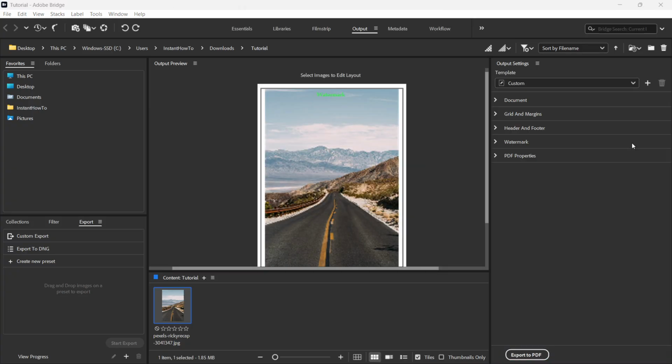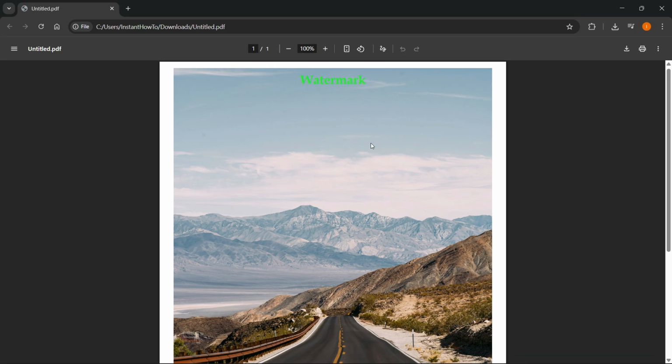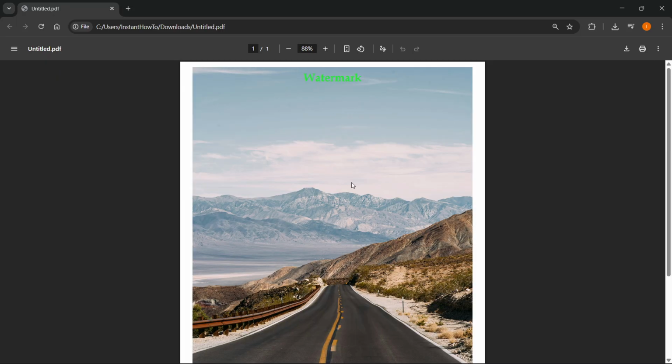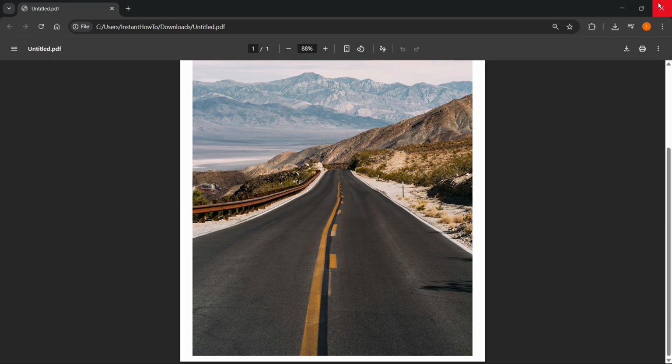This will take a few seconds, and whenever that's done, it's going to open up as a PDF in your PDF viewer. And here, as you can see, I now have the watermark on this image. The only downside, as I said, is that this is actually a PDF. So that's how to add watermarks on images in Adobe